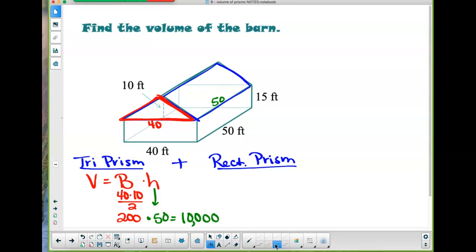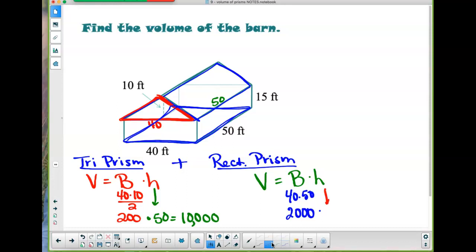So we've got the volume of the top part of the barn. Now let's find the volume of the bottom. Does it matter which side I choose as the base? Nope, not at all. Volume equals area of the base times the height. I'm going to just pick this. This is the base. What two numbers am I going to multiply together? 40 and 50. So 40 times 50 is 2,000